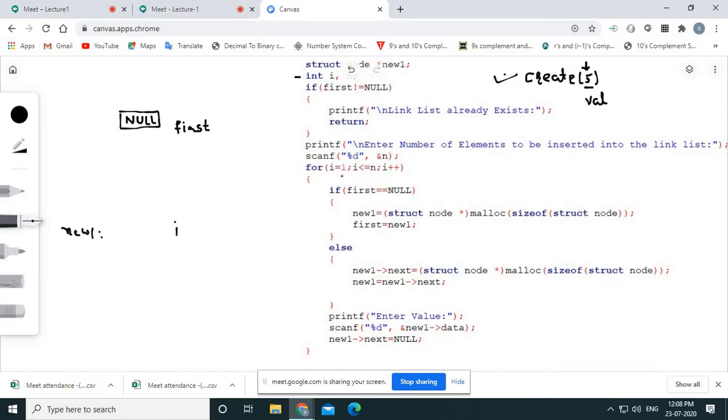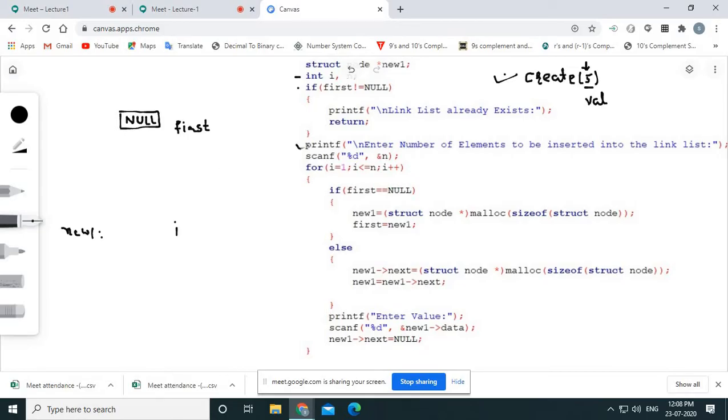If the linked list exists, we cannot create it again. The user can use the create functionality only if the linked list is empty, and then first should have a null value. In my case, first is null, so the condition becomes false.